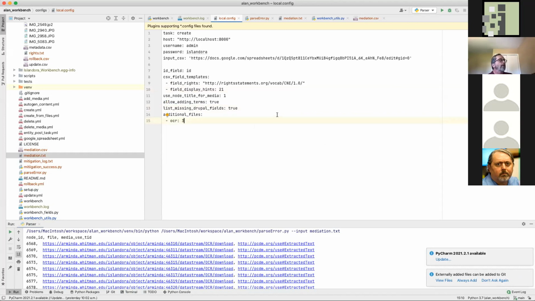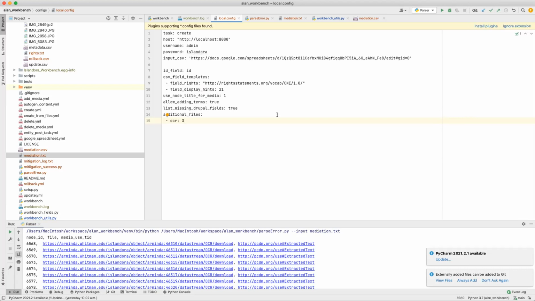So this would be a fairly typical config file. It lists the task at the top, and then the host and the username and password. The username and password are not your SSH credentials, which is a mistake I've seen people run into once or twice. They are, in fact, your Drupal password to log into whatever your host site is, whatever you're importing the data into. So I had this originally set up with a local install straight out of the box of Islandora,